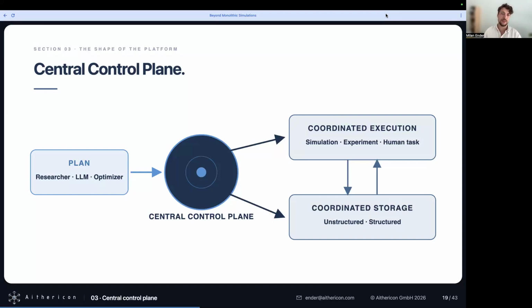And of course, it also wouldn't be feasible because you can't just rewrite all the software of the past decades that have evolved into this very robust state. For example, the Slurm orchestrator for data centers for high performance computing, or some experimental setup. You won't rewrite those. The idea is more of deep integration and deep coordination, so that we can have a central control plane that knows how to speak to all these different federated systems and coordinate the workflows across them. So we need to work in very heterogeneous IT environments.